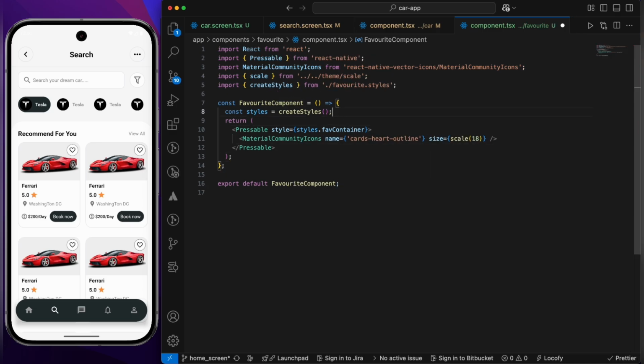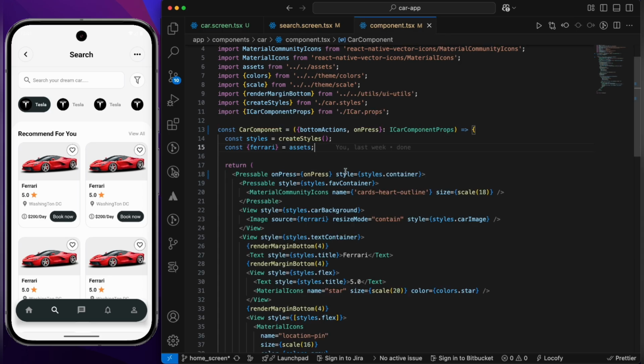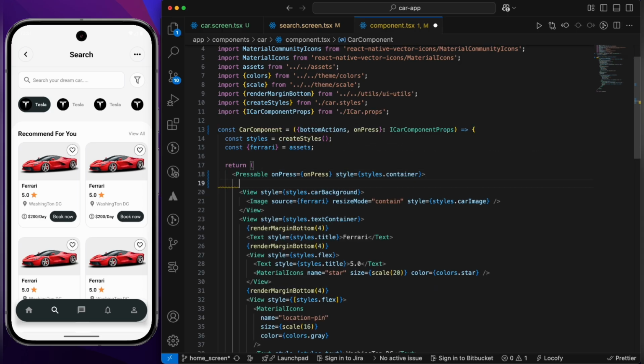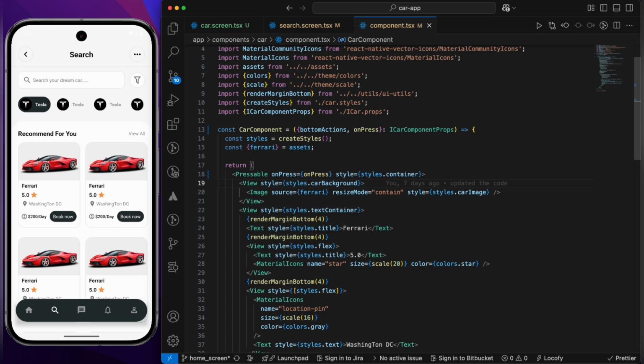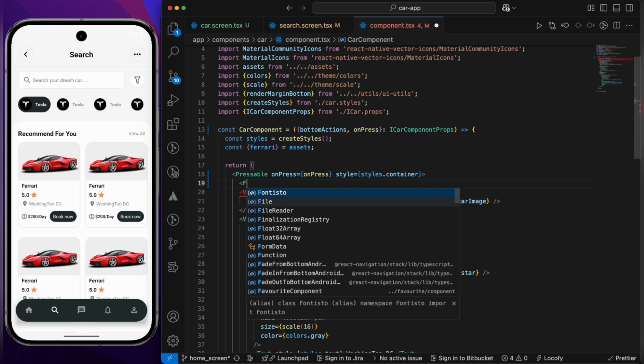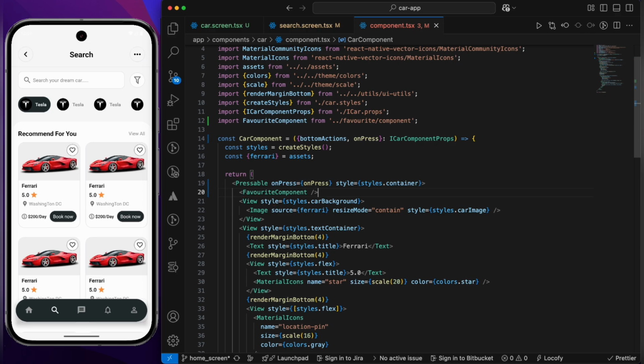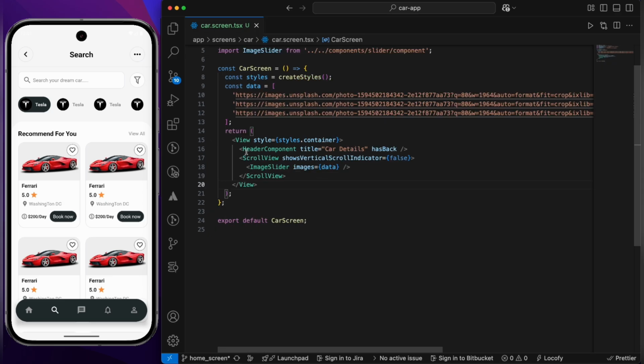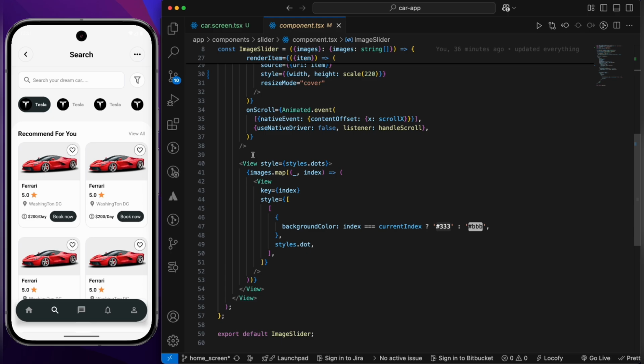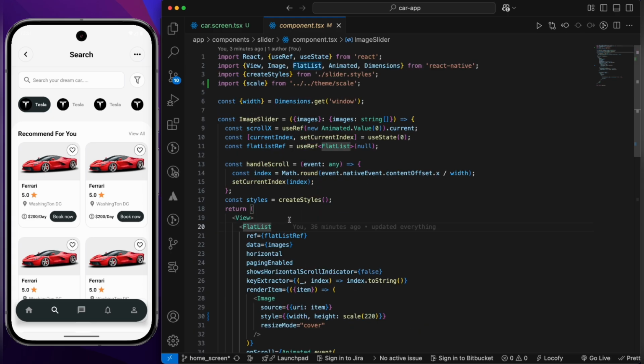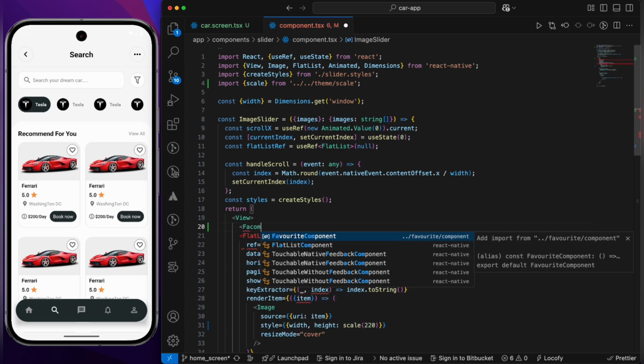Yeah, good. Now what we have to do, let's come over here to the search screen and add the favorite icon. As you can see, if I press save, the icon has gone like this. So add the favorite component, and like this, perfect. So now we just have to import this favorite component and it will do its only work. So let's add it over here inside this image slider. We can put it over here, and not like this. Let's add the favorite component,